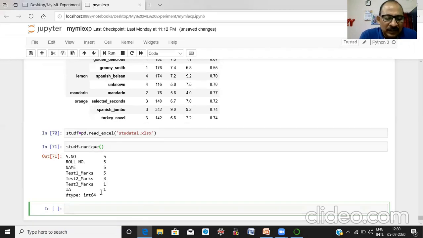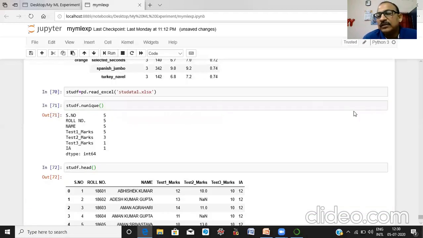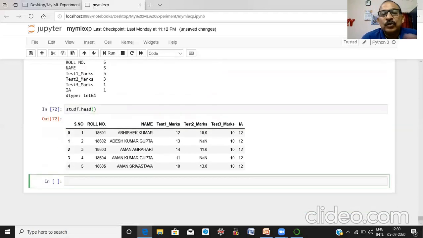Let us see the content of the data set also. Here you can see what our purpose is.